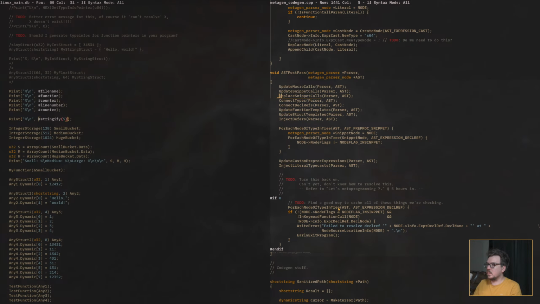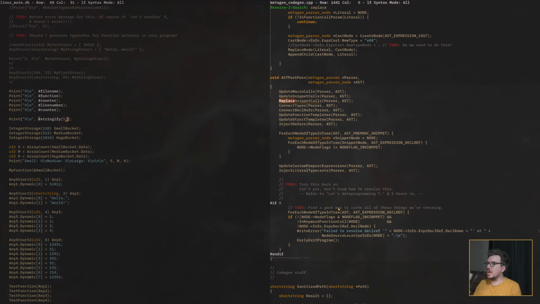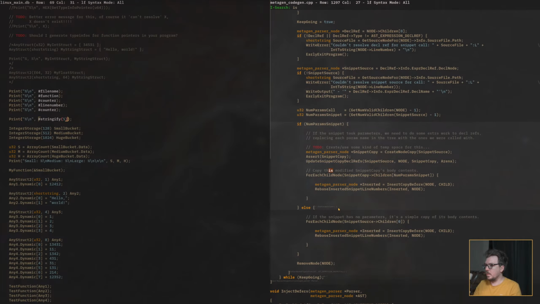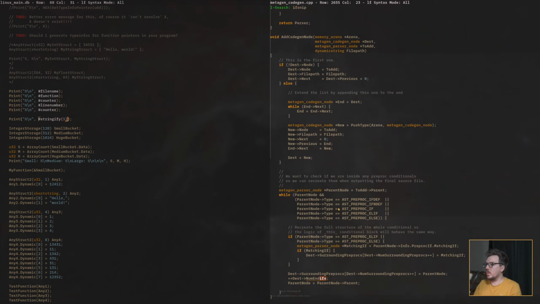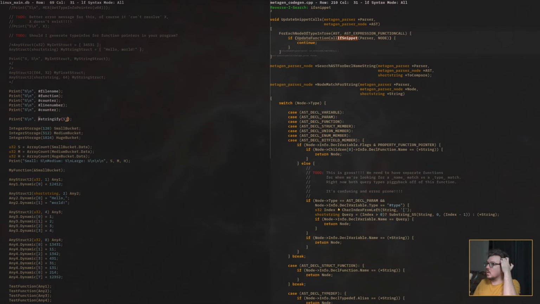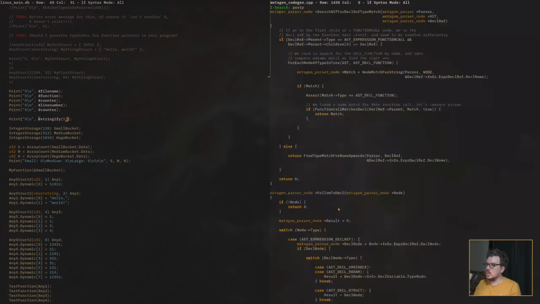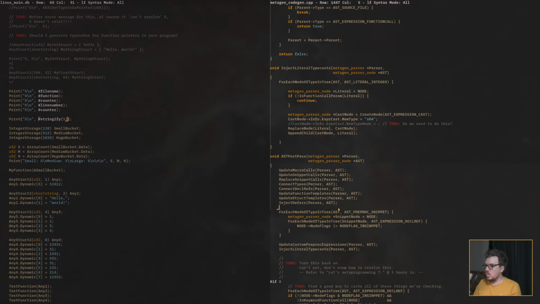Update snippet calls, replace snippet calls, and I think in replace snippet calls is where we do, where do we do that part? Yeah, in update snippet calls. So update function call if snippet, we do it there. So in our post pass, let's see, update custom preproc expressions.